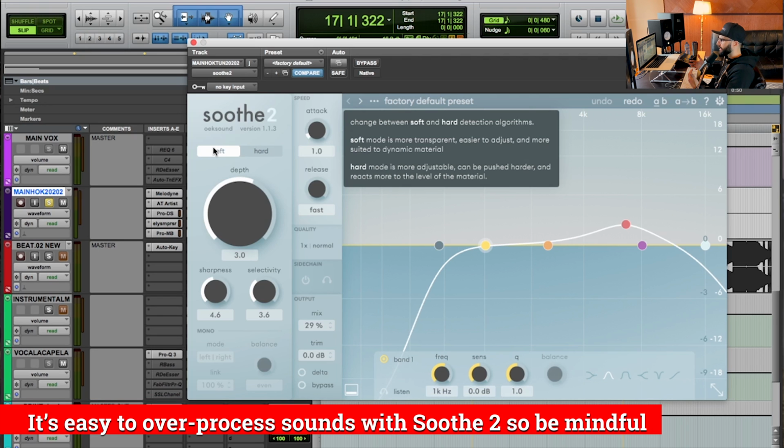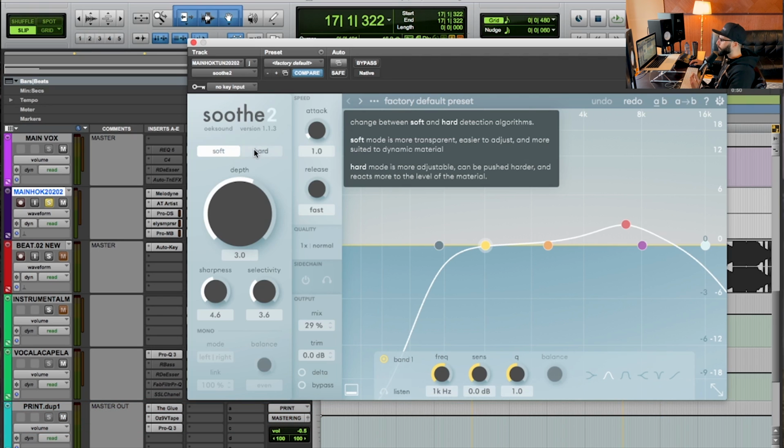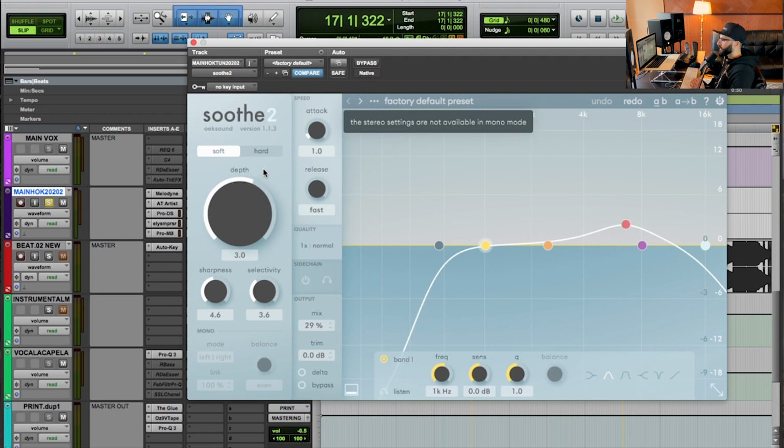Of course, we want this to sound transparent, but in hard mode, you might be able to push things a little bit more aggressively without having those negative repercussions. Between the two, I find I'm on soft most times. I find, again, it's just better suited to more material, but you may want to use hard on a situation